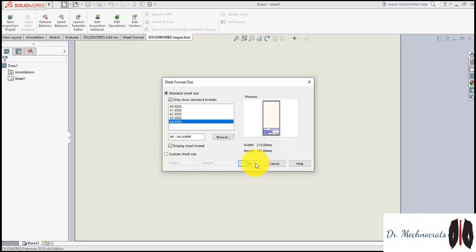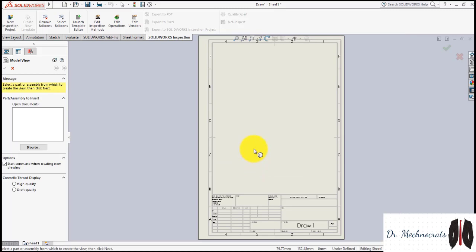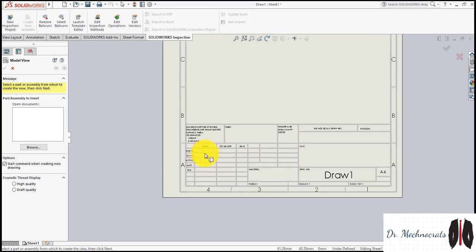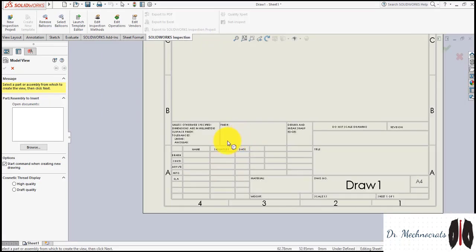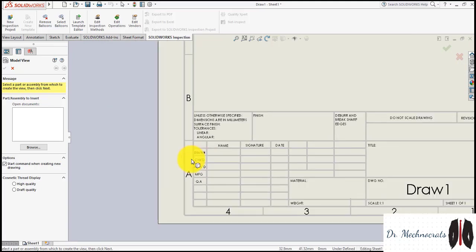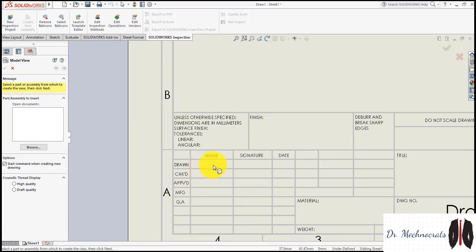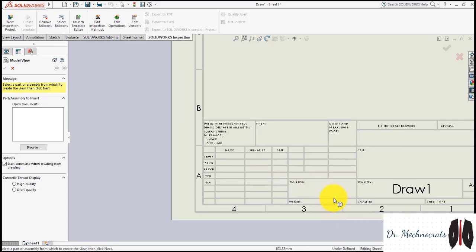Then we have to click on OK, right. So this is the mechanical drawing. Students, here this is a title box where we have to put the details of our drawing. In companies you have to use this mode in which you have to give your name, and you have to approve it from the different sections like manufacturing, quality assurance. When they give the clearance, then you have to start the production of the same drawing, right. So material, bill, all will be represented on the same drawing.